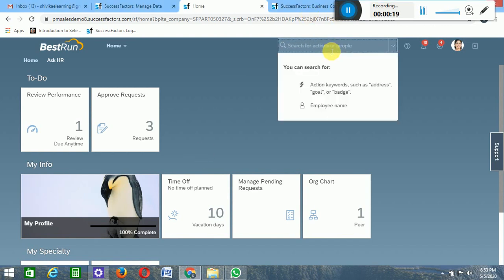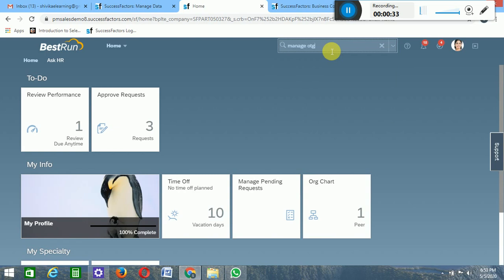To create a workflow, we have to go into a transaction called manage org, because it is a non-MDF object. Workflow is a non-MDF object, so we'll use manage org.